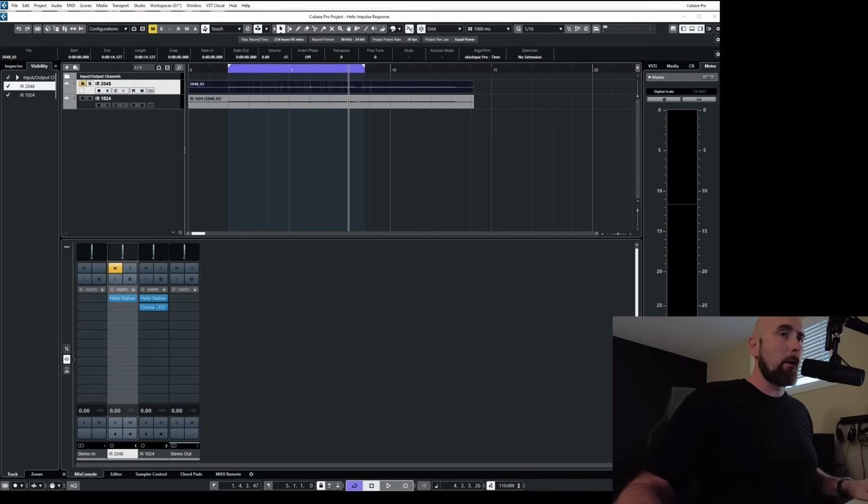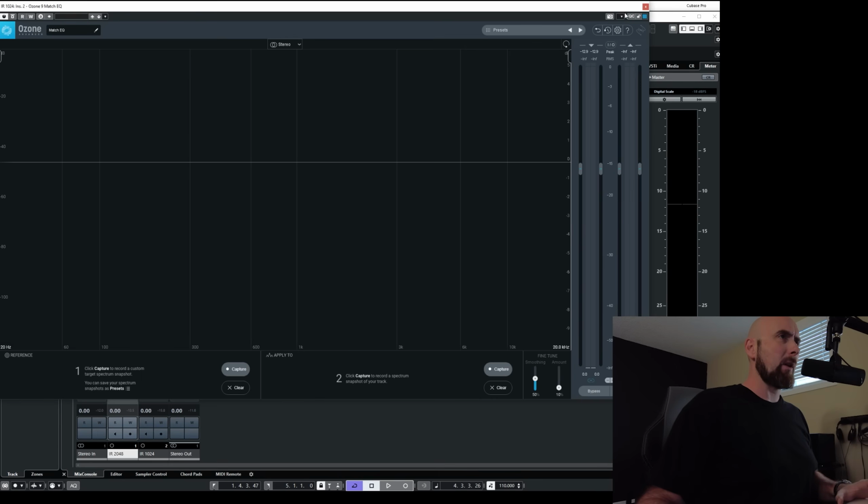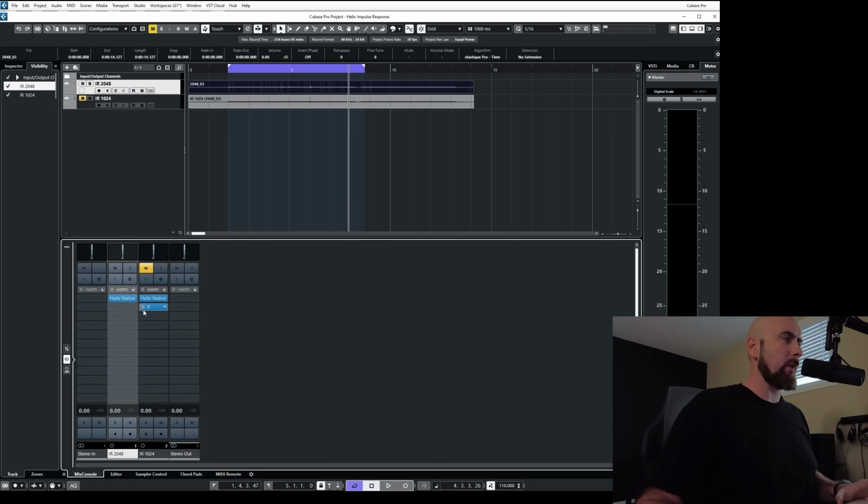I'm going to be doing this within Cubase using Helix Native, but it's all still going to apply to the Helix and even the HX Stomp for most of this. So here we are over in Cubase, and I have a little project here. You'll notice I have a couple instances of Helix Native open. I've also got an Ozone Match EQ up here that I'm going to use later for an audio example. We can turn that off for now,